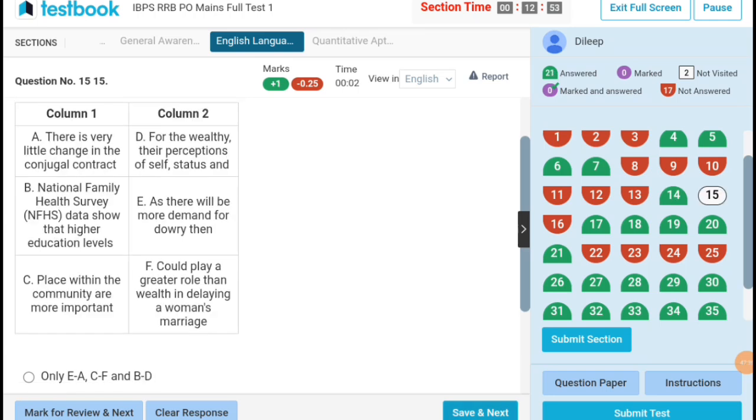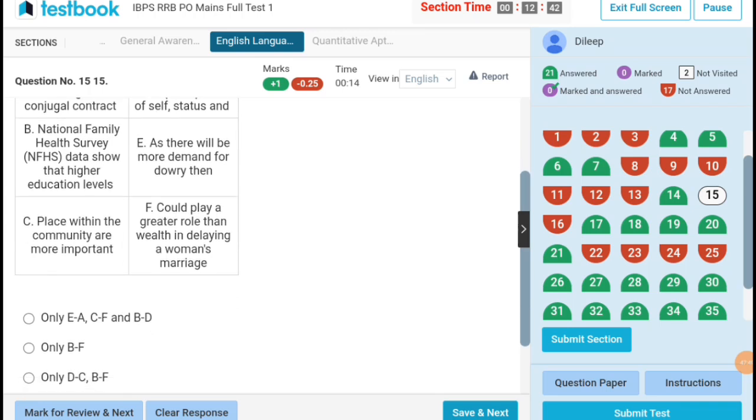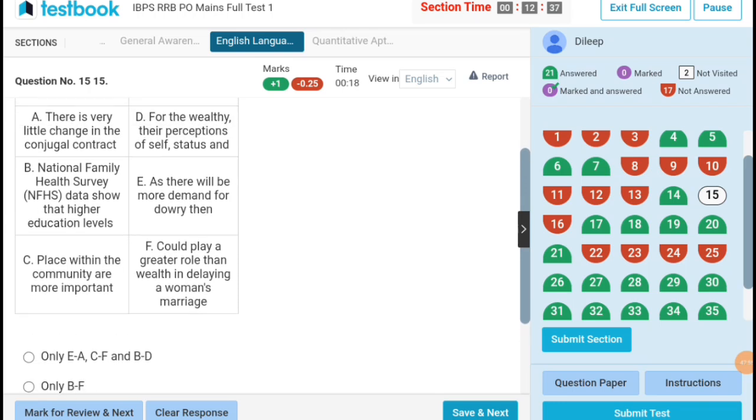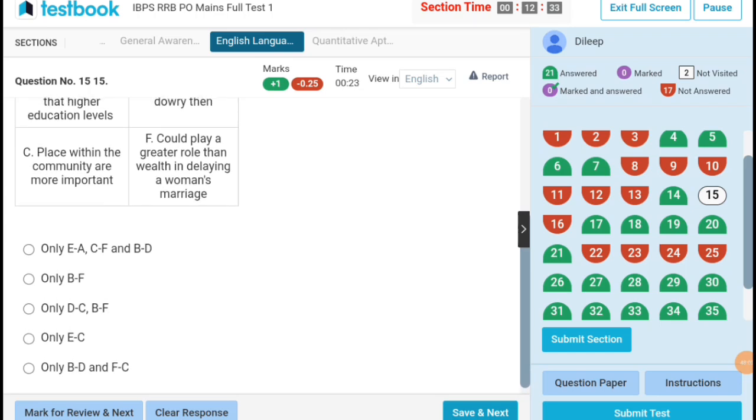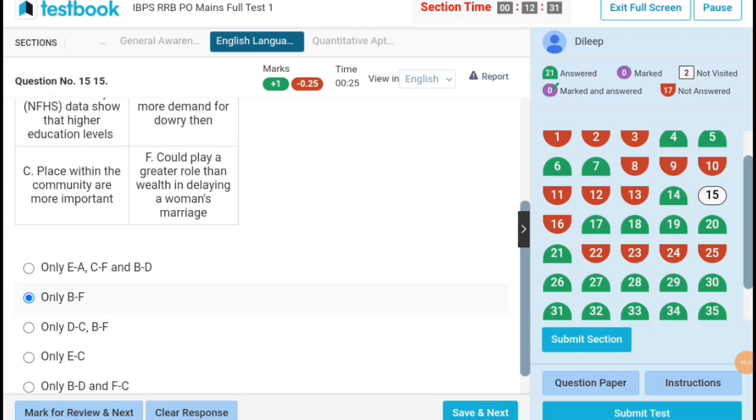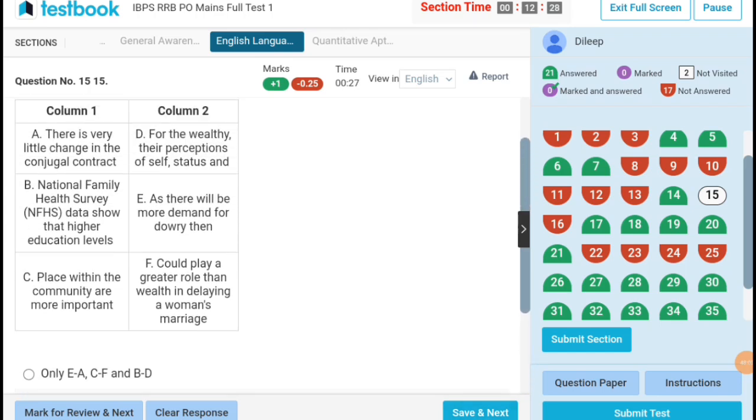There is very little change in the conjugal contract. National Family Health Survey data show that higher education levels could play a place within the community are more important for the wealthy. Their perceptions is there is very little change in the